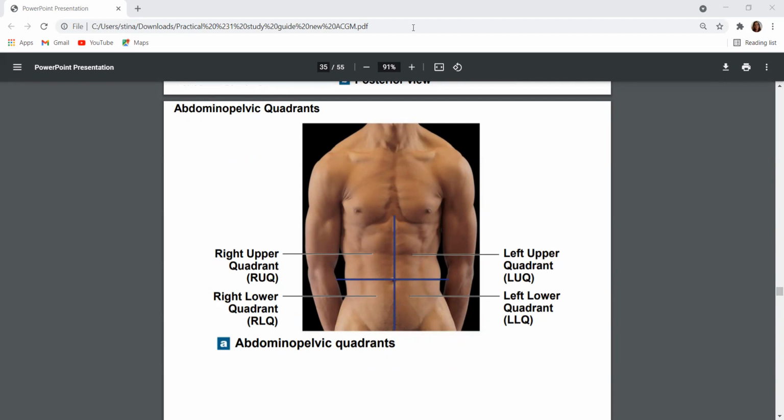So be able to label these abdominopelvic quadrants. Quad means 4, so it's divided into 4 areas. Number 1 would be the right upper quadrant. Number 2 would be the left upper quadrant. Number 3 would be the right lower quadrant. And number 4 would be the left lower quadrant. And you have to put the entire word. Do not put RUQ, put right upper quadrant. Okay, we've divided that in 4, but now you can